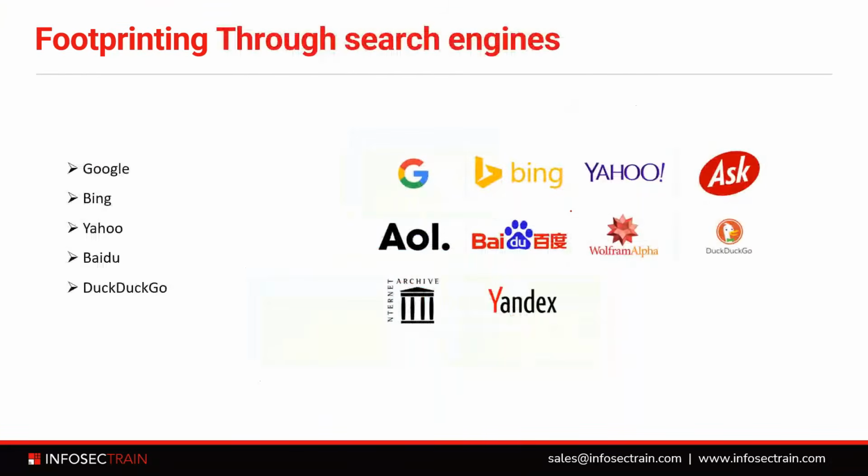Then you can find out information through multiple search engines like Google. We searched in Bing also. You can do the search. Yahoo also, Baidu also, DuckDuckGo also. Now there is something called Google Docs. Now Google Docs are the efficient way of using Google and finding out information. So when you search for anything over Google, you will get lots of results. But if you want to find out information, right, efficiently,